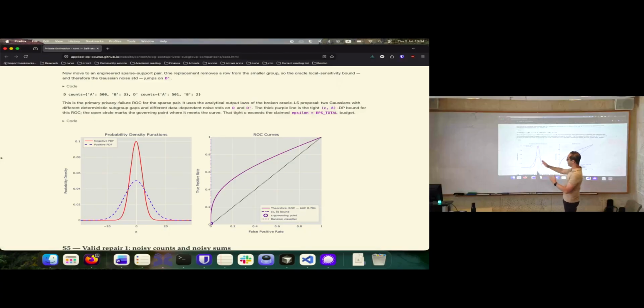So in this case, where it's easy to show it, the mean will change by much less than the width of the distribution. But no one guarantees that the variance will not change by a lot. And this induces a terrible ROC, which we saw in the previous lecture. So what I want you to keep in mind is that the problem with scaling the noise with the local sensitivity